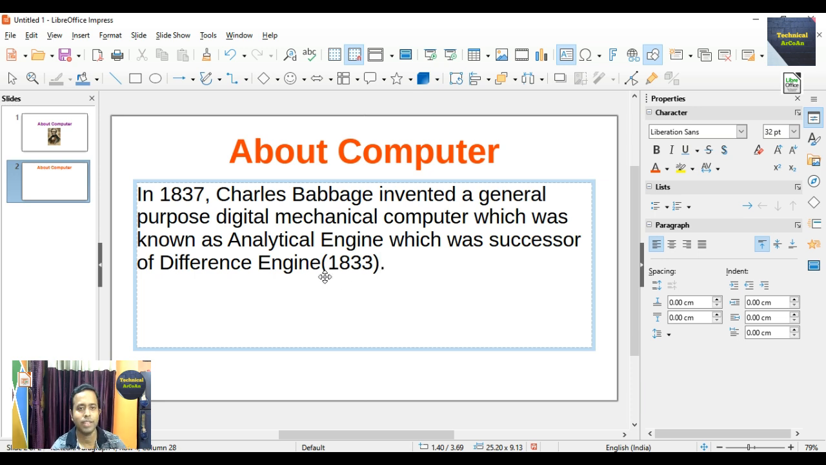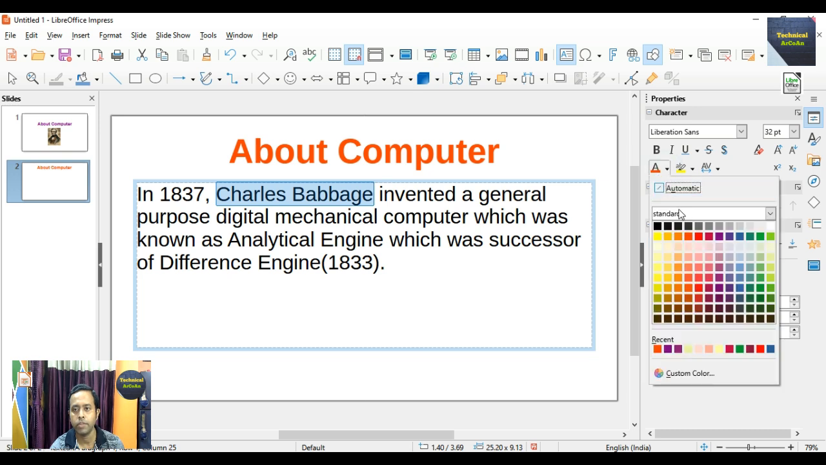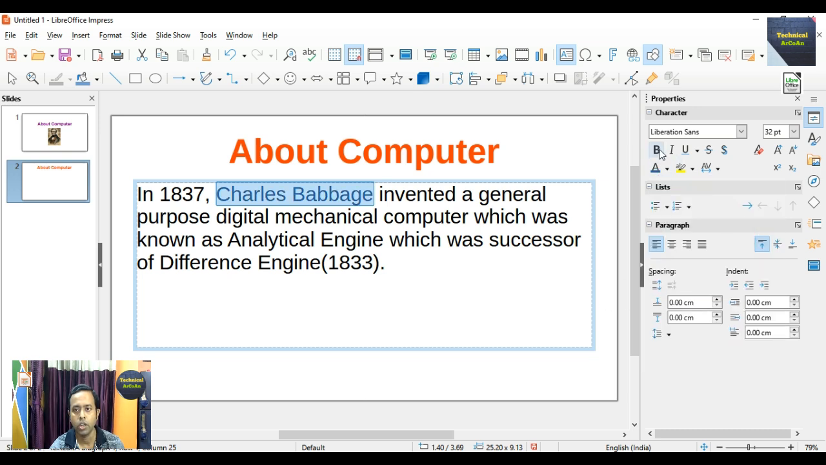So we just write the simple line: in 1837 Charles Babbage invented a general purpose digital mechanical computer which was known as analytical engine, which was successor of difference engine. It was invented in the year 1833. So if we change some text size or color, suppose select this Charles Babbage and select a different color from there. Suppose choose this color, bold it, okay, and same way analytical engine, choose it, put a different color and bold it,